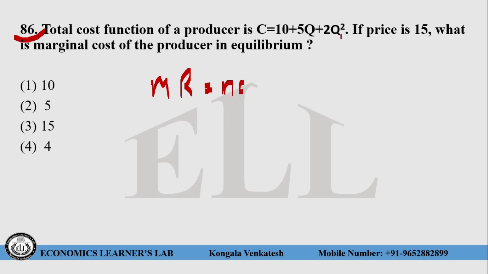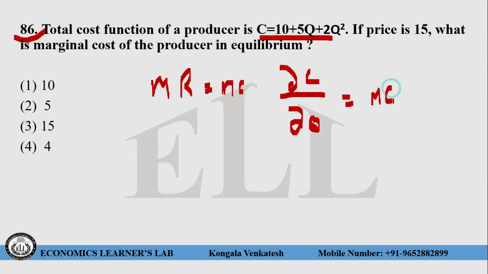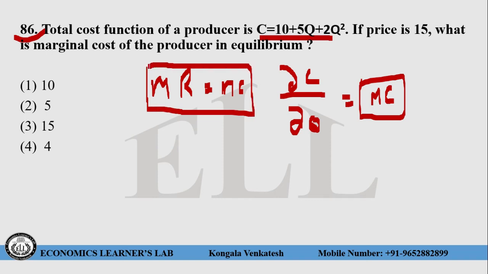So you have the cost equation, right? Cost of the production equation. So when you do differentiation with respect to the Q, then you will get a marginal cost. That means d(total cost) with respect to Q will be equal to marginal cost. Using this formula you will get a marginal cost equation. Using this profit maximization condition, you will get a maximum output, that is maximum Q.